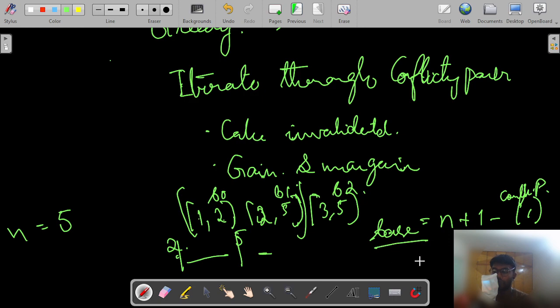And also we can set this boundary by saying base is equal to conflicting pair of I plus 1 of 1 minus conflicting pair of I of 1. So this would give us this boundary,